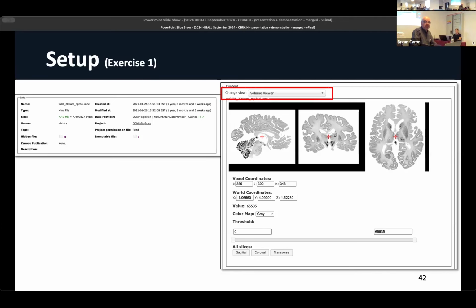And you can also change, depending on the type of viewer that you have, we also have a surface viewer that's visible in there as well. Okay. So that's the nice thing, you can actually interact directly with the image that you're seeing without making any extra step to download.